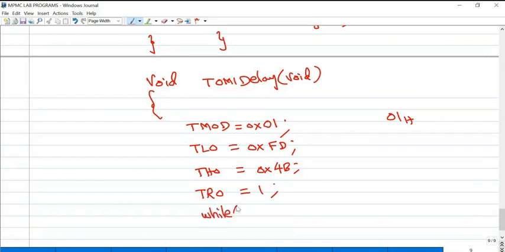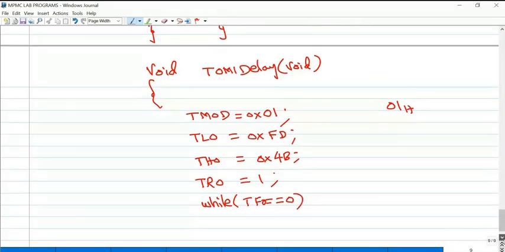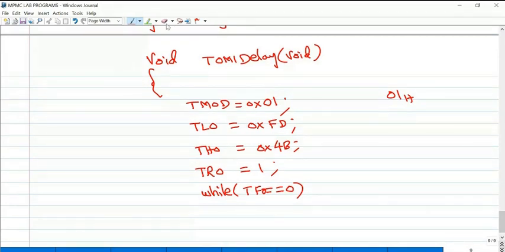Next, wait until your timer flag overflows; the same line will be executed until TF0 equals 1, then the next line will be executed.